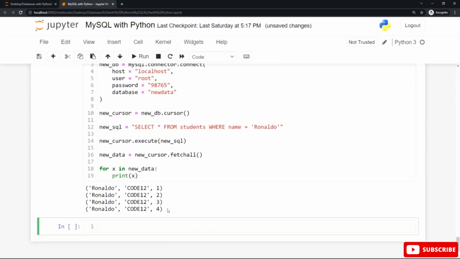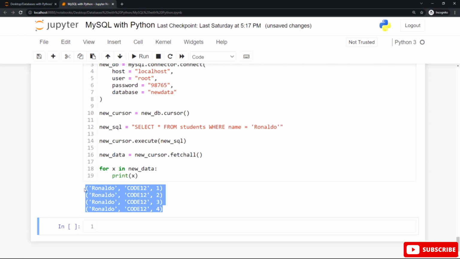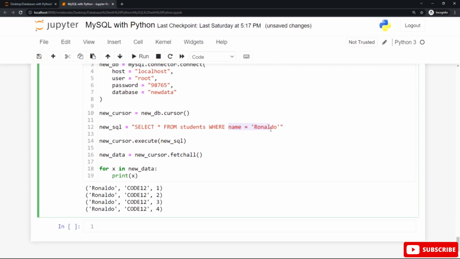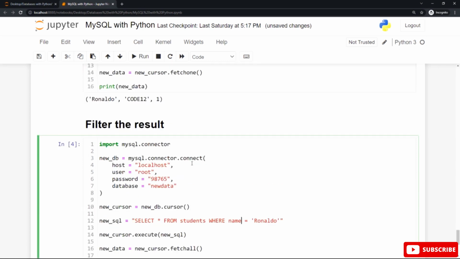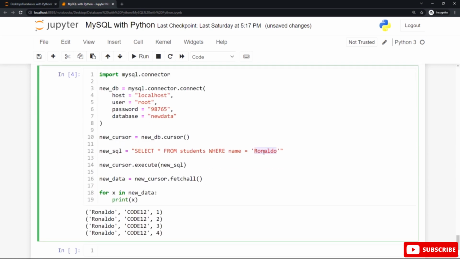You can see the output here, all the records that match this condition. You can see name equals Ronaldo for each record, as you can see easily in the name column. You can set another condition instead of name equals Ronaldo if you wish. For example, you can change it to Salah